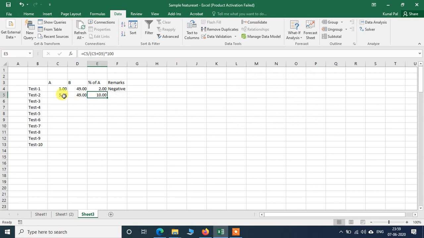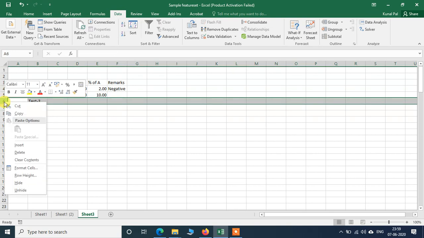See, it has converted this thing to this one. Now this is the total amount. So what should be the difference?